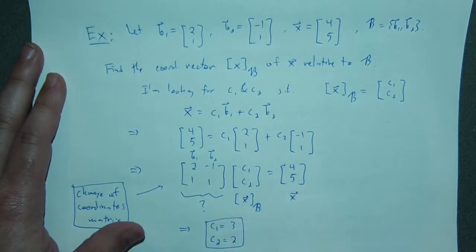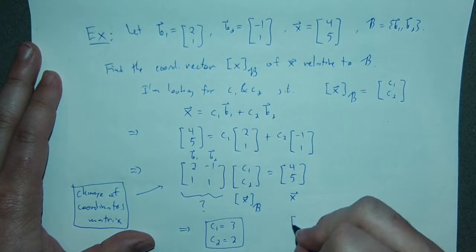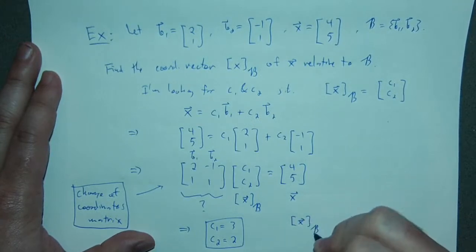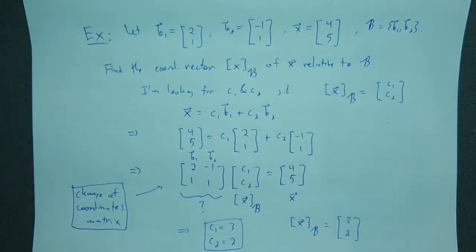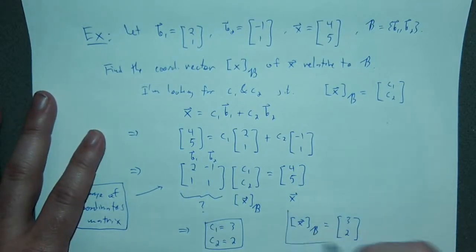And so what this tells me is that the B coordinates for x are (3, 2). Right? So whether you found the inverse of that thing or you actually solved it as a matrix equation by row reducing it, or you just did it by inspection, whichever way you did it, you get these